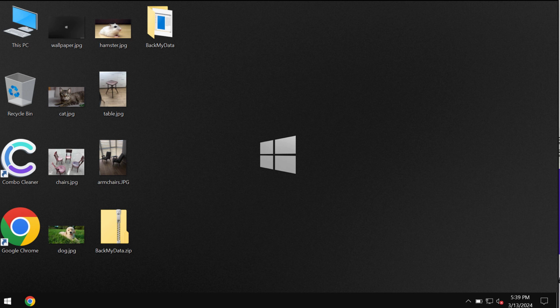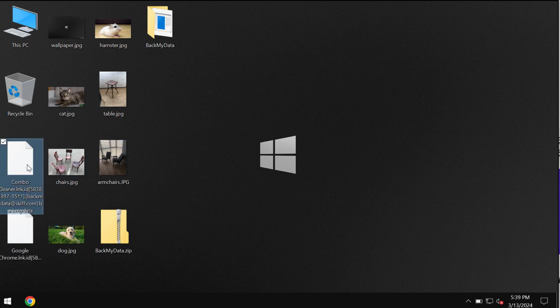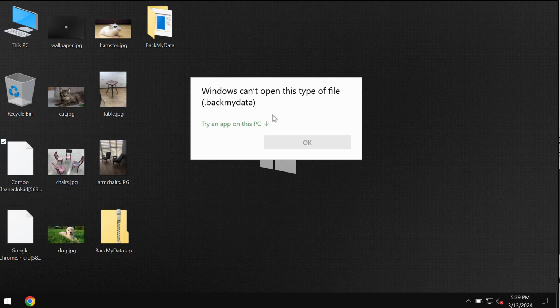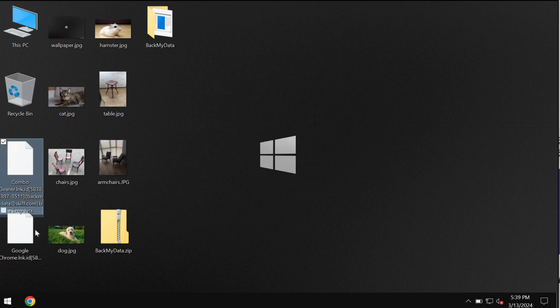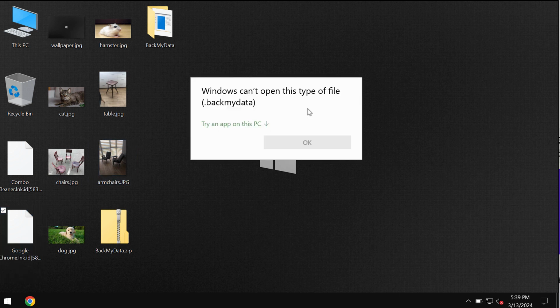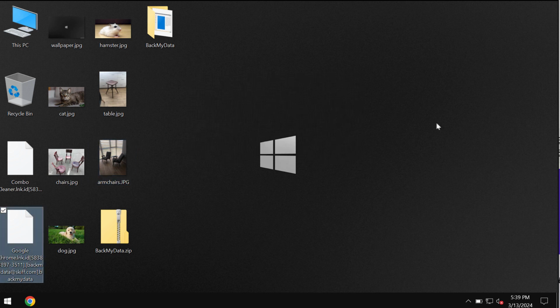The ransomware is able to encrypt and damage the files considerably. So these are the consequences of the ransomware attack. The ransomware appends a special extension called BackMyData to the file names, and it's impossible to use the files. Then the ransomware reveals a special ransom note where it indicates that a special ransom needs to be paid for